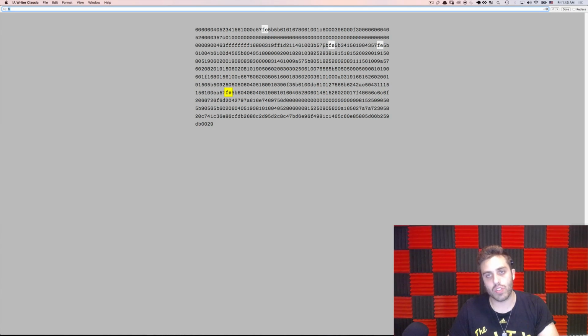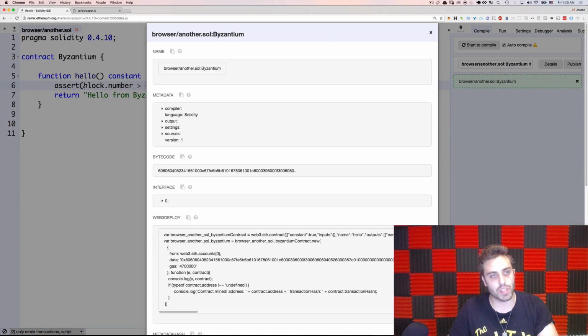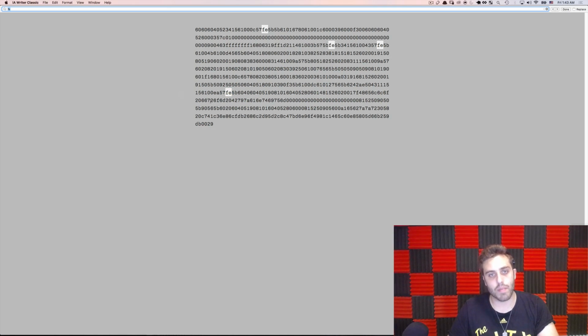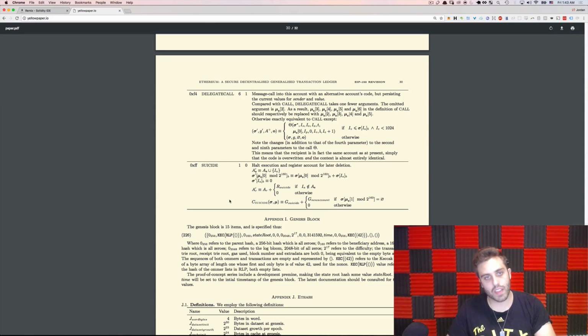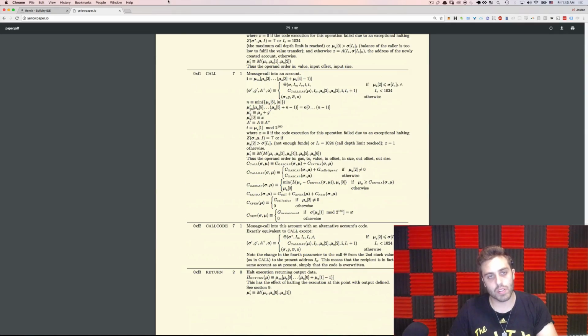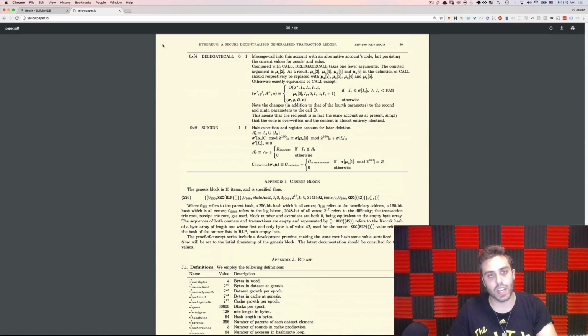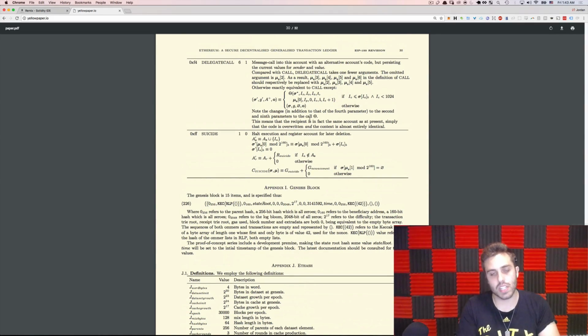Ignore the first 3 on the top, those are from something different, but this opcode right here, 0xFE, is from this assert statement. And what's interesting about opcode 0xFE is that it doesn't exist. So if we look at the yellow paper and we look at all the opcodes that are defined in it, 0xFE is not defined. This is not a real opcode, and this is done intentionally.